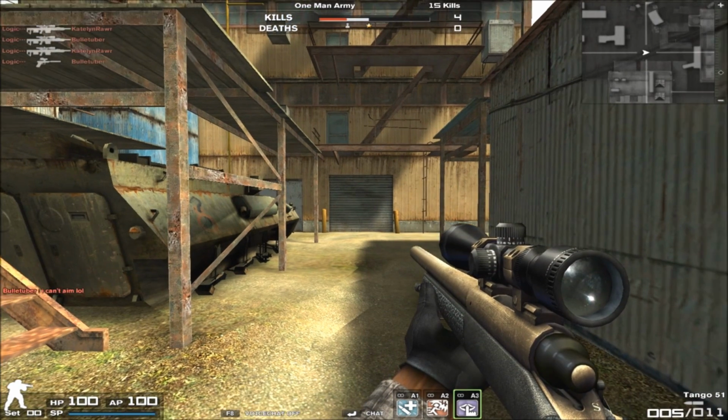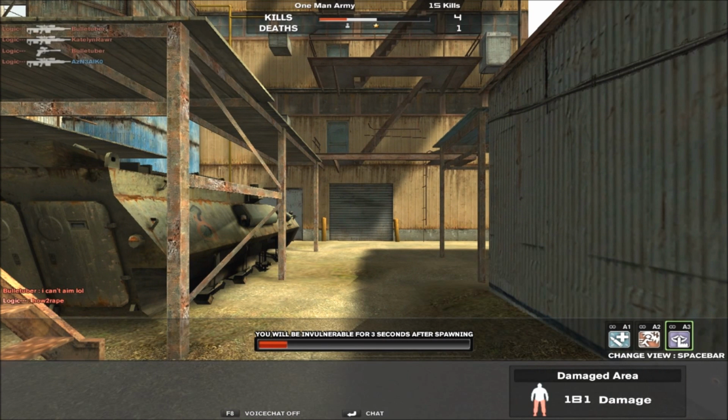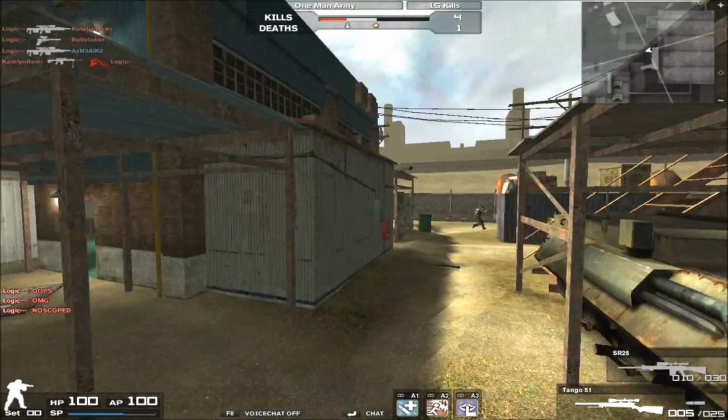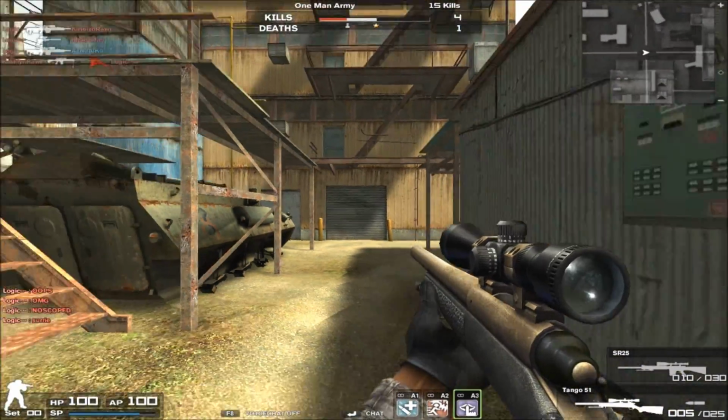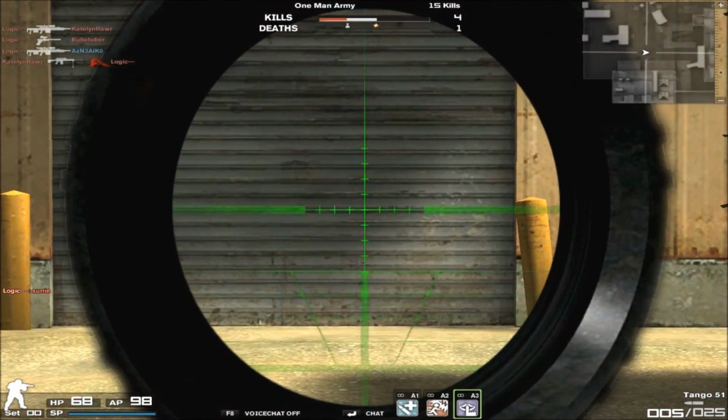And now it's time to see what the scope is like and the aim down sights time for the Tango 51, and for some reason I just got shot. Okay, that's cool. It's not like they're totally distracting from the weapon stats or anything, right? So anyways, let's just ignore that and go ahead and